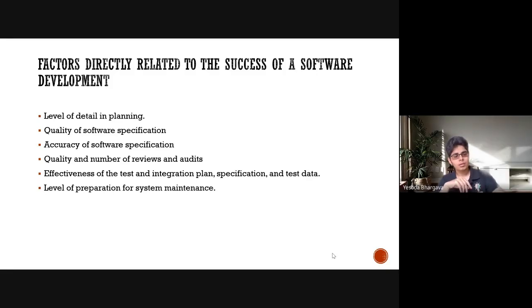Okay. Anyone else? What do you think could be the parameters or the factors that would make you feel that the software you have made is successful? Because when we're talking about factors that relate to the success of software, it is important to also understand what success looks like when it comes to a software product. So anyone else who wants to tell their understanding of what a success of a software looks like?